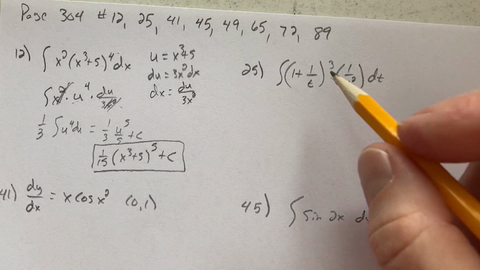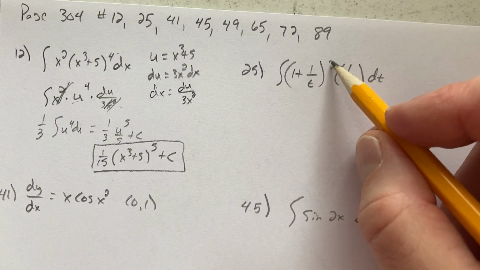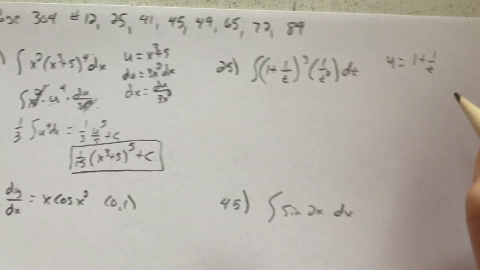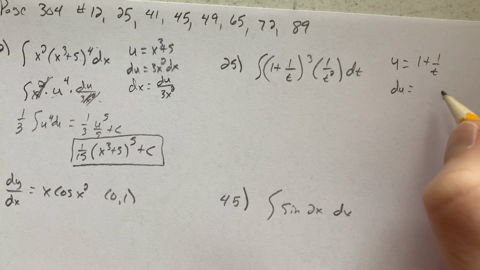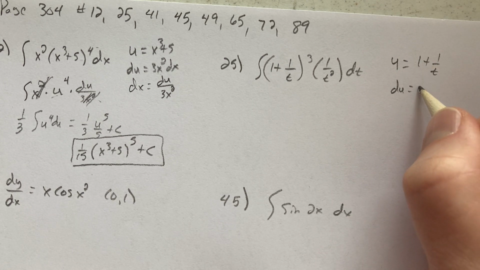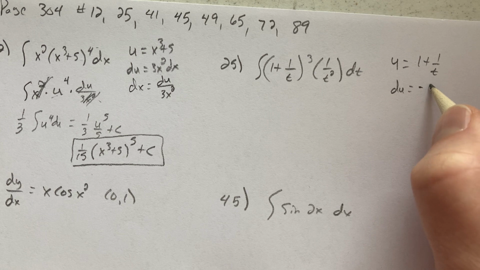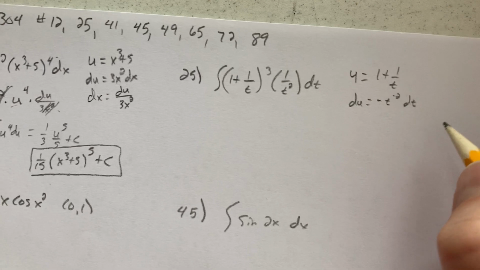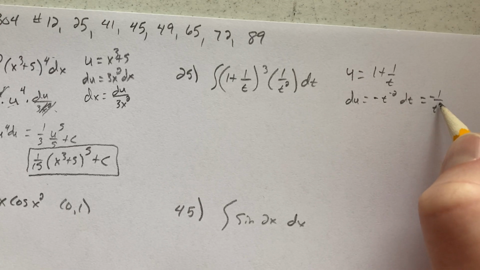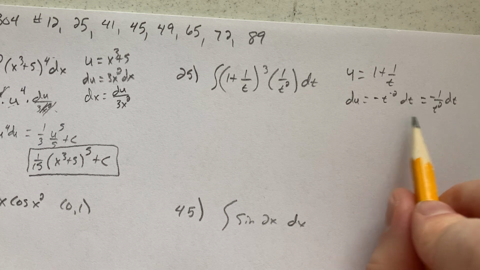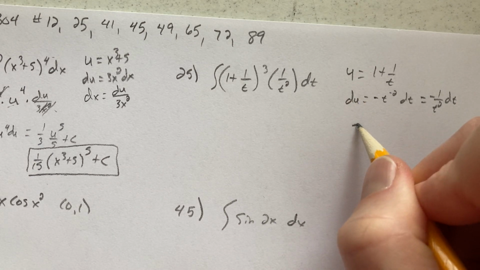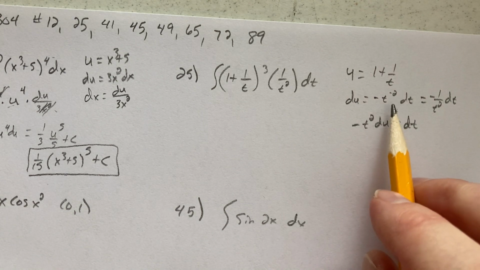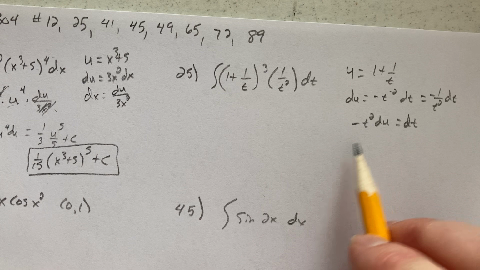Okay. Same thing, 25. I see this 1 plus 1 over t, that's inside of the cube. So u is going to be 1 plus 1 over t. So that means du will be the derivative of 1, which is 0. Derivative of that would be negative 1 times t to the negative 2 times dt. Okay. Now, another way of writing that would be negative 1 over t squared dt. So if I were to multiply by t squared and divide by negative 1, I get negative t squared du equals dt. Okay. Again, there's other ways to have that, but that's probably the easiest